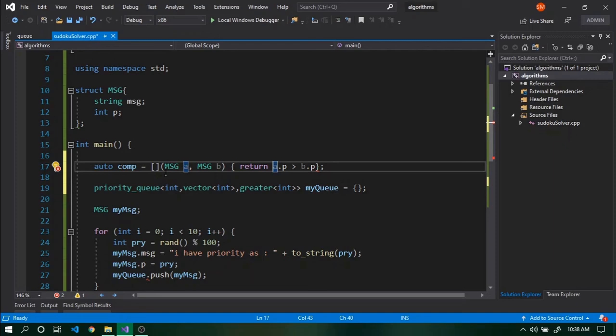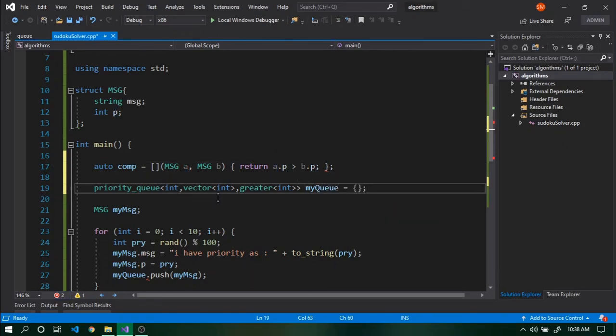Now this signature is going to be changed a little bit, but you don't have to worry so much. The first thing that's obvious is that the priority queue is now holding messages, and to hold those messages it's using a vector of messages. Another thing is that we cannot use this kind of syntax anymore.